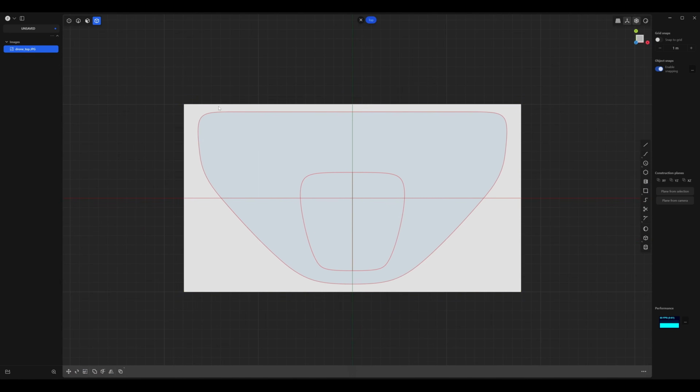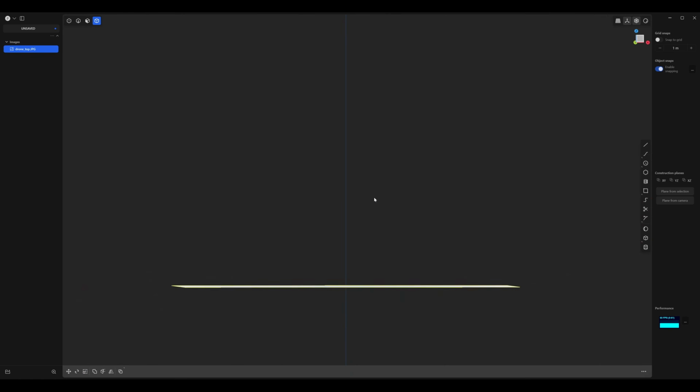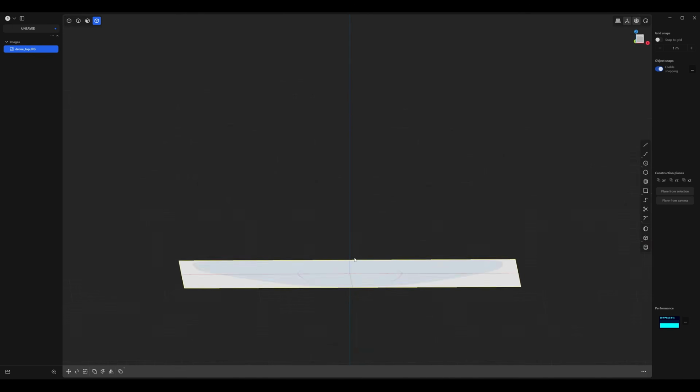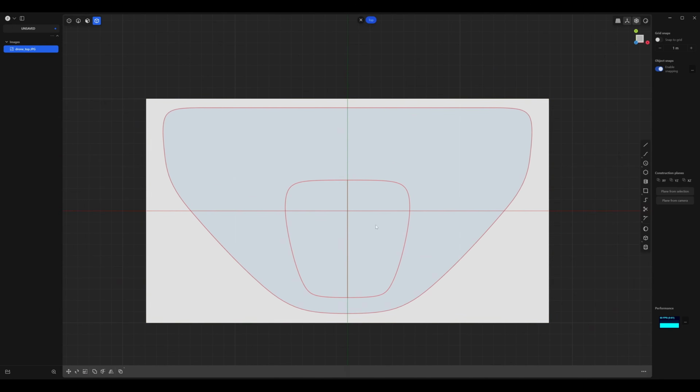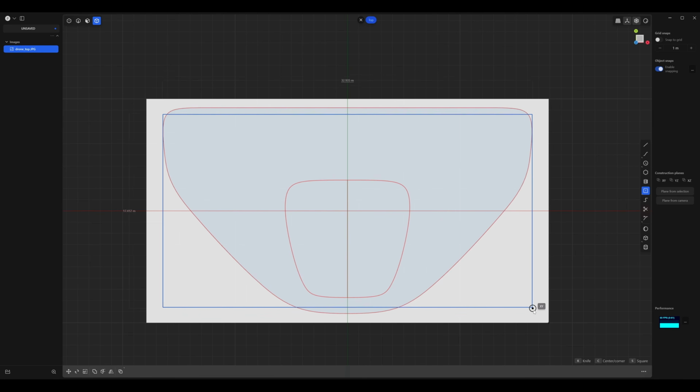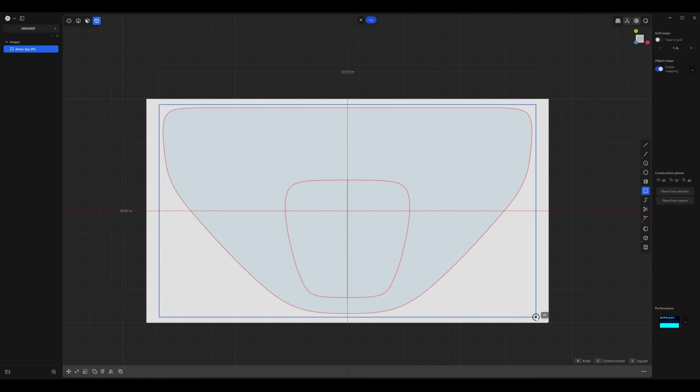Next, I want to create a bounding box here with a rectangle, because in different views, you can't really see this image plane that we just created. And we're going to need that to make sure that our other views are in the same scale. So click on this rectangle over here, and then let's select center rectangle. And click on the center, and then hover outwards. And let's just make sure it kind of fits the size of our design. And if you're having trouble sizing it in a smaller increment, you can hold down Shift.